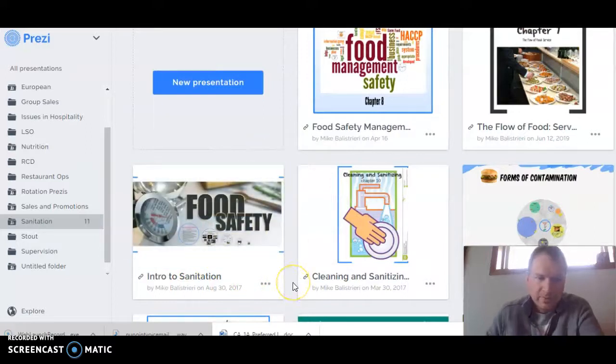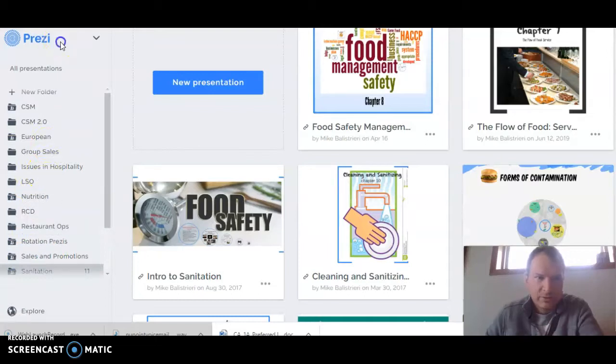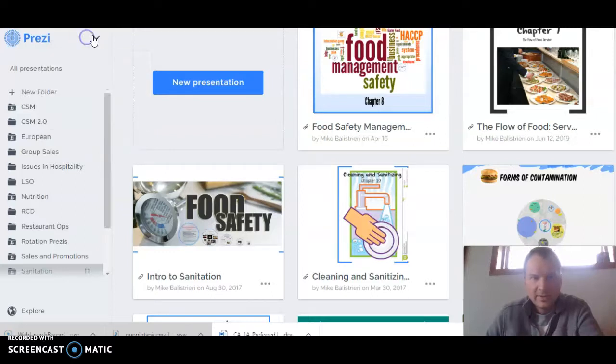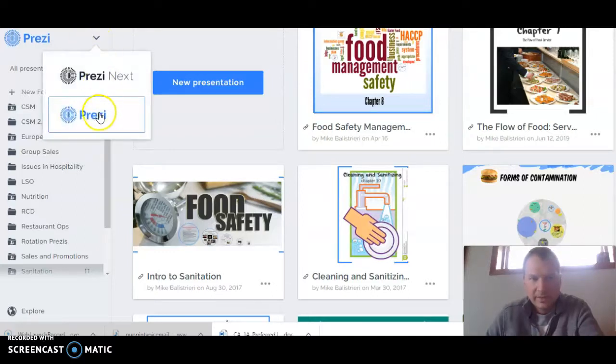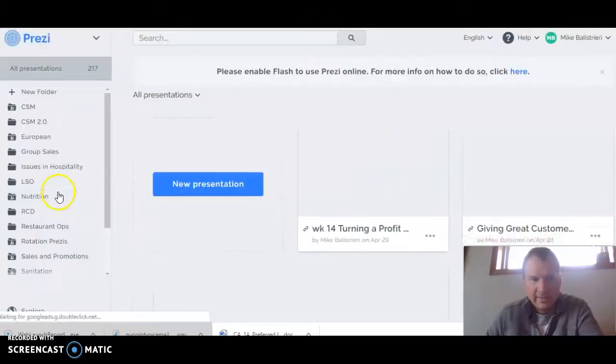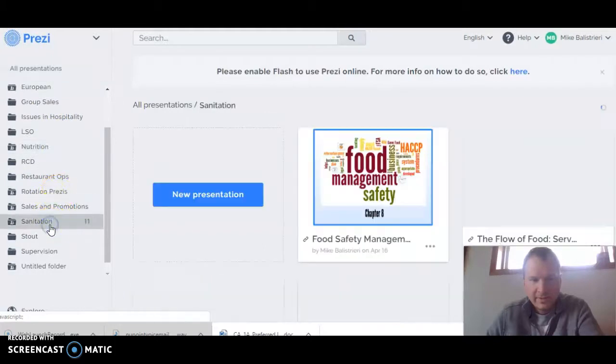So if you go to your Prezi accounts, one of the things is that Prezi's actually changed, so you might open up and it might be Prezi Next. Just make sure you go to the top, click on this drop down, and click on the blue Prezi, which is the classic. Then when you go into sanitation,